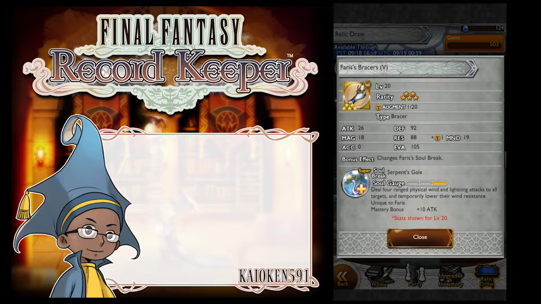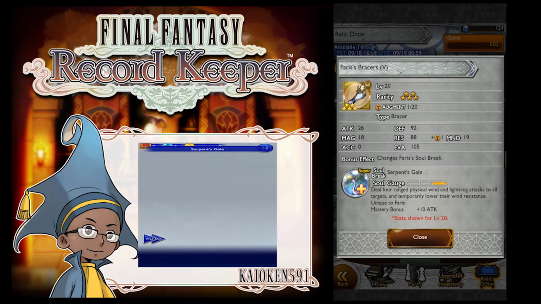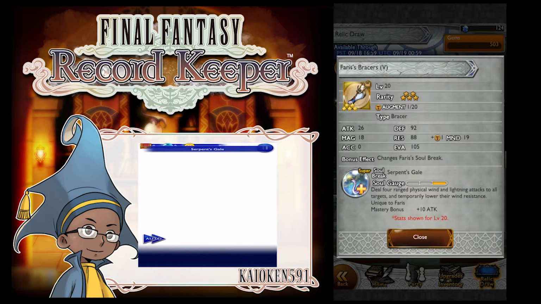Next up we have Faris's Bracers, 26 attack, 18 magic, 92 defense, 88 res, 19 mind. Changes Faris's Soul Break to Serpent Gale. Deals 4 ranged physical wind and lightning attacks to all targets, temporarily lowers their wind resistance. So this has that...